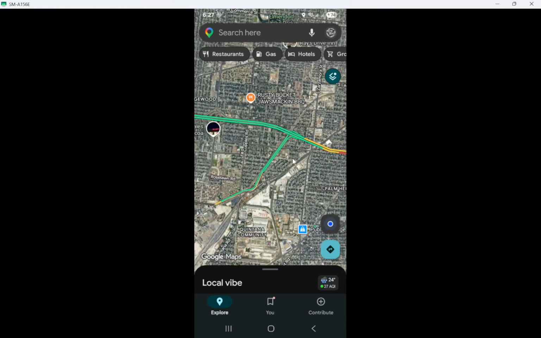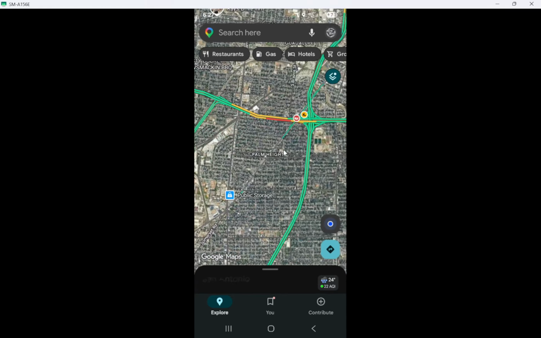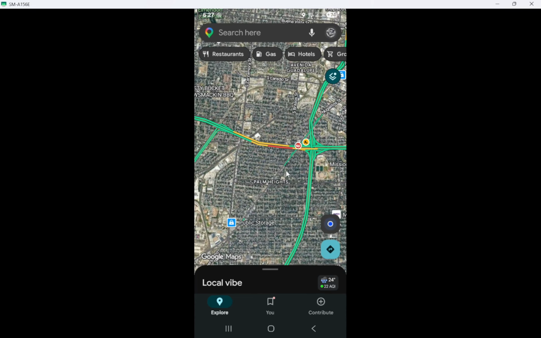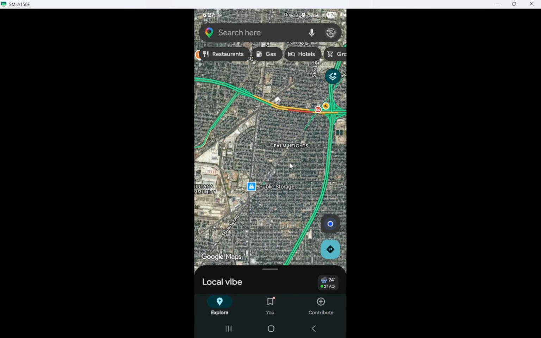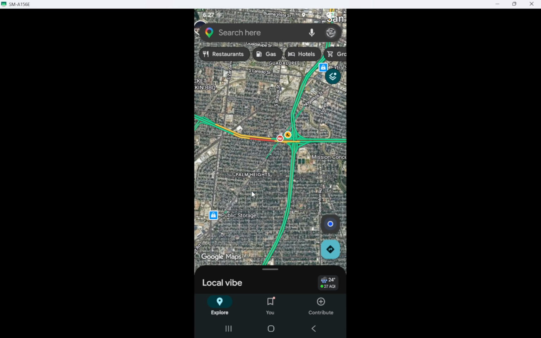Green roads mean traffic is moving smoothly. Yellow or orange roads indicate moderate traffic, which usually means some slowing but not a complete backup. Red roads show heavy traffic, so those are the areas where delays are most likely. This color coding makes it easy to understand conditions at a glance, especially if you're planning a trip or checking